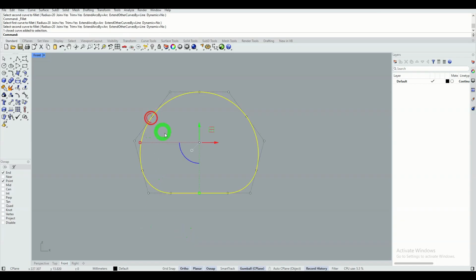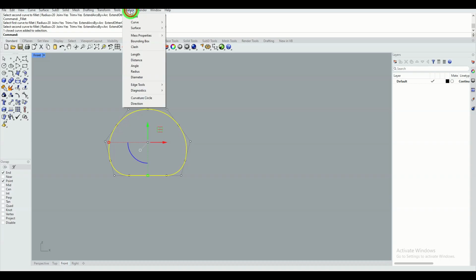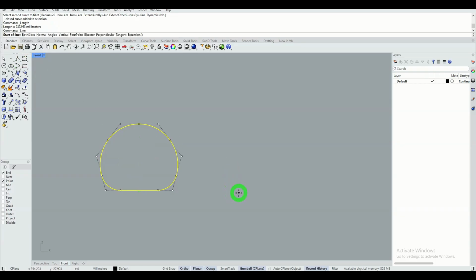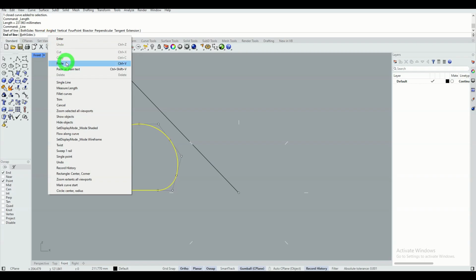At this point, I'll measure the length of this curve, which has changed compared to the original circle. I copy the value and I draw a vertical line of the same length as this curve.